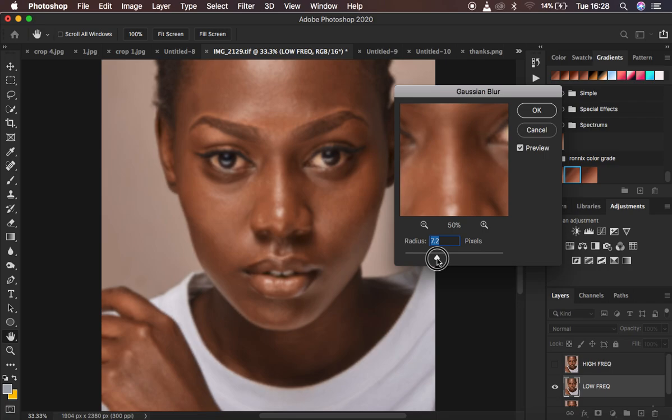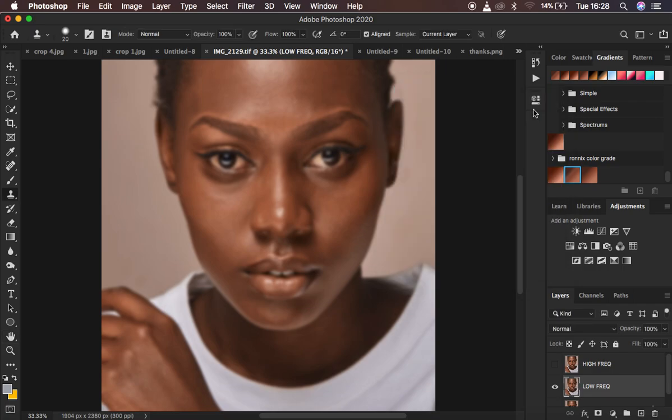So I'm just going to take this. At around 7, that is when I'm losing the details. Your radius value may differ from image to image and depending on how close or how far the subject is. Just hit OK, and then go to the high frequency layer and